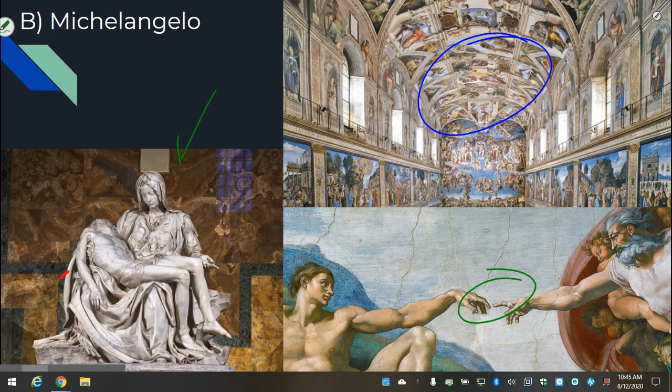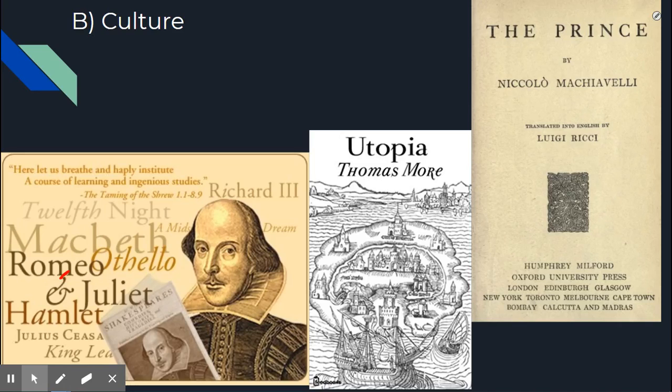He also carved the Pieta here, which is an unbelievably lifelike sculpture, which sits today in St. Peter's Basilica in the Vatican. And so Michelangelo represents a lot of these Renaissance ideas as well. And so you can see that all of these artists don't just represent one Renaissance idea, but incorporate a lot of these new ideas into their work.